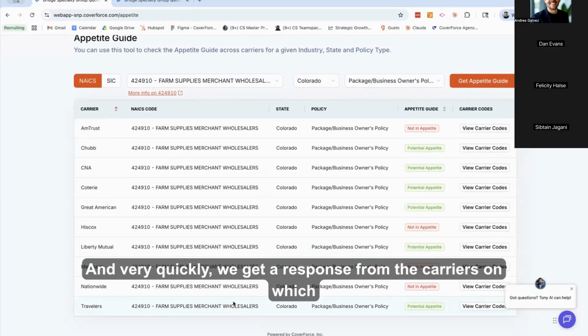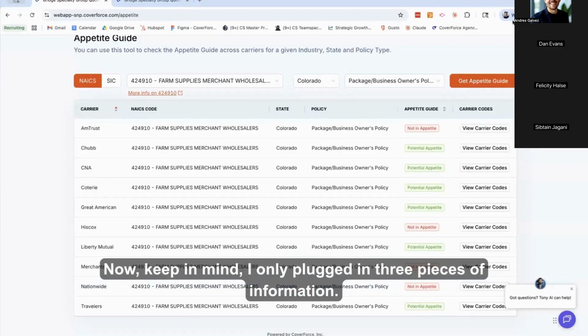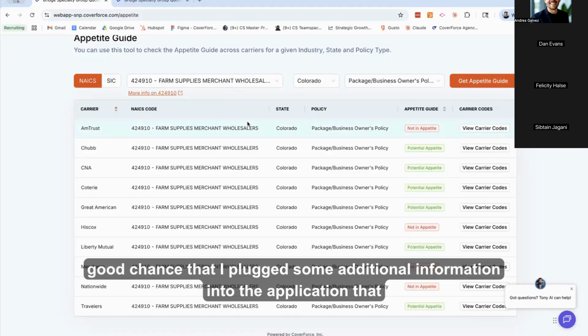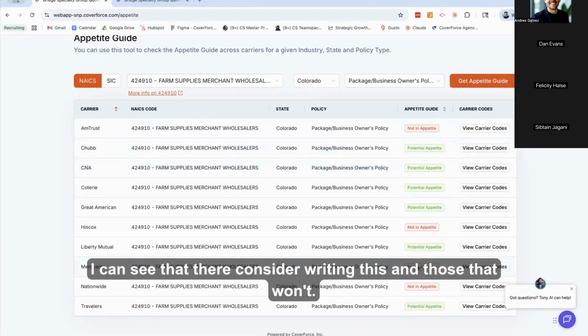And very quickly, we get a response from the carriers on which carriers may consider writing this risk versus those that may not. Now, keep in mind, I only plugged in 3 pieces of information. There's a very good chance that I plug some additional information into the application that changes the outcome. However, based on the NAICS, state and policy type, I can see those that will consider writing this and those